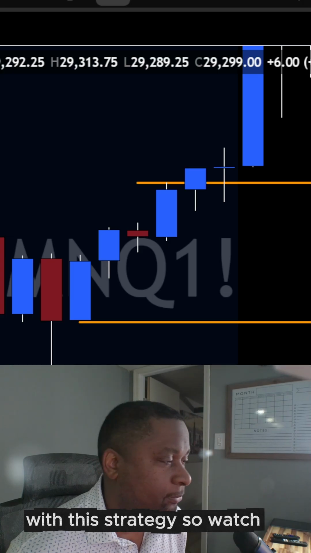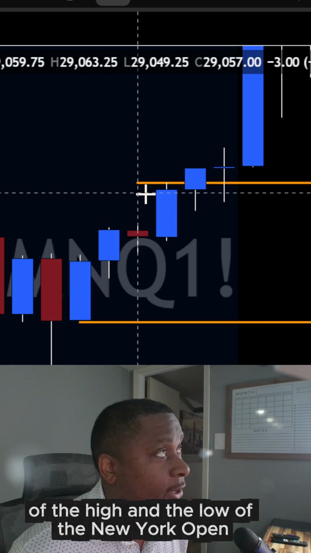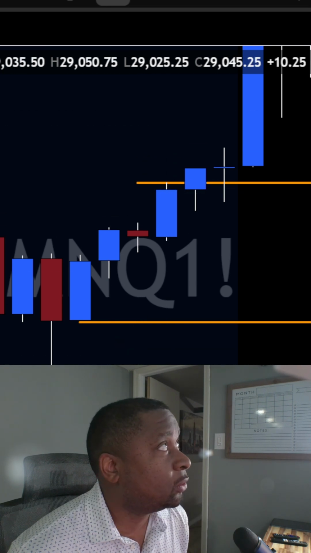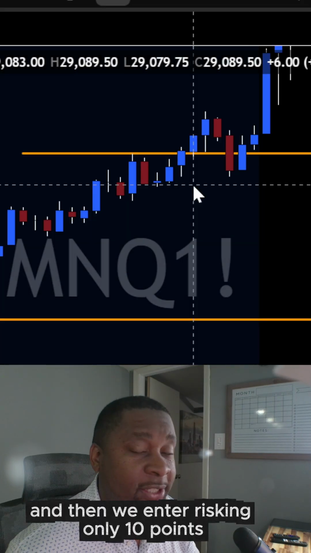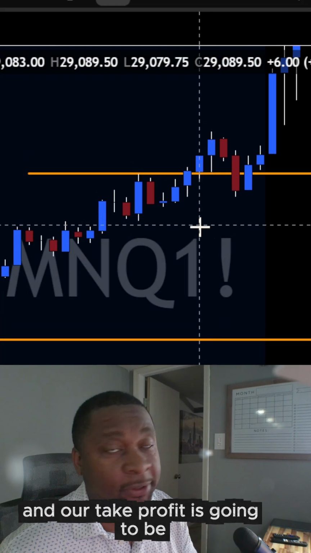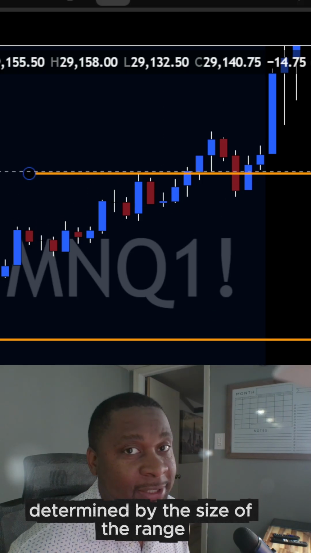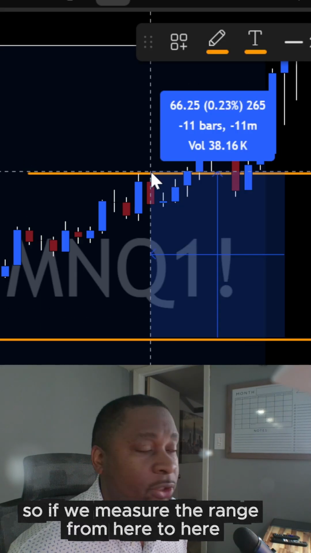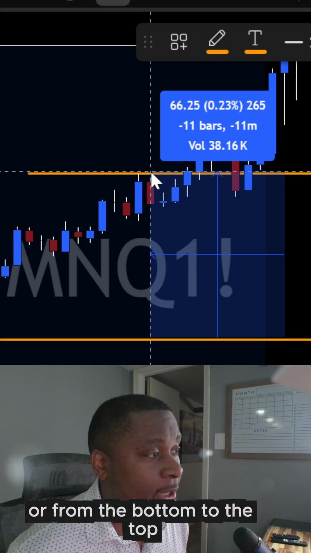So watch. First, we mark out the first 15 minutes of the high and the low of the New York Open. We wait for a break on the 1 minute chart, and then we enter risking only 10 points, and our take profit is going to be determined by the size of the range. So if we measure the range, from the top to the bottom or from the bottom to the top, we would have